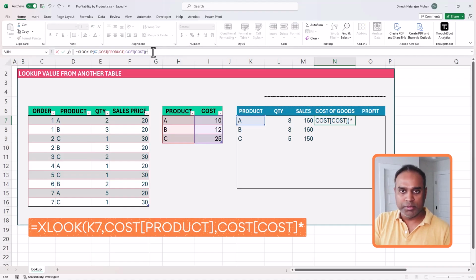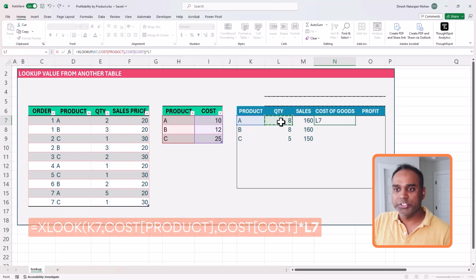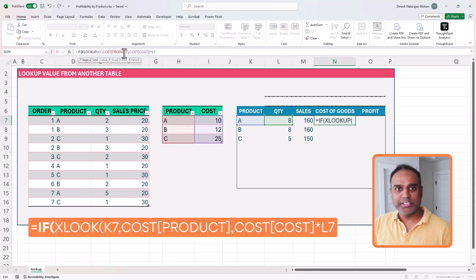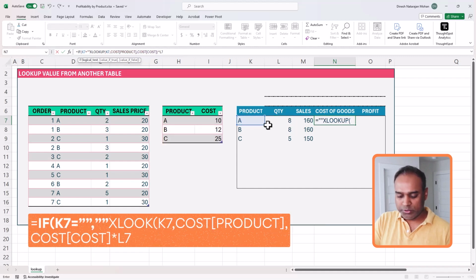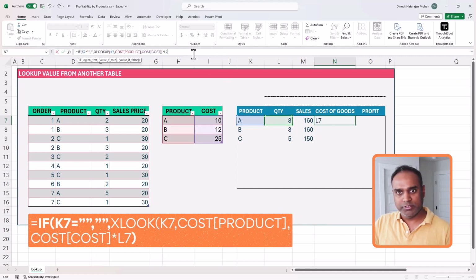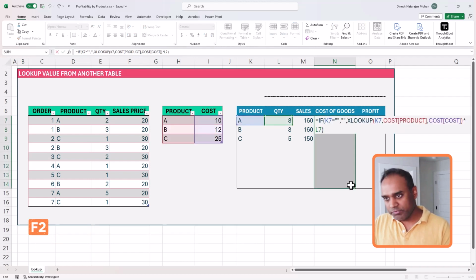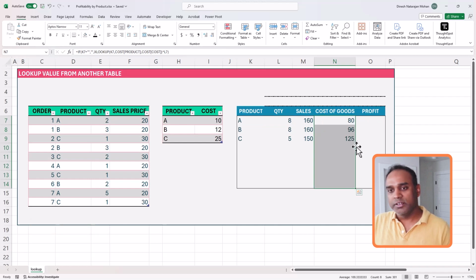But I want to know the total cost for all the sales that was done for product A. So I'm going to multiply this by our quantity, which we already calculated. So this will tell me the total cost of goods for product A is 80. So once again, I can expand it to the other products. But before I do that, because I've learned from my previous formulas, I'm going to say if K7 equals blank, give me blank, otherwise give me this result. I will select all the values, F2, control enter, gives me the total cost of goods, which is 301, which